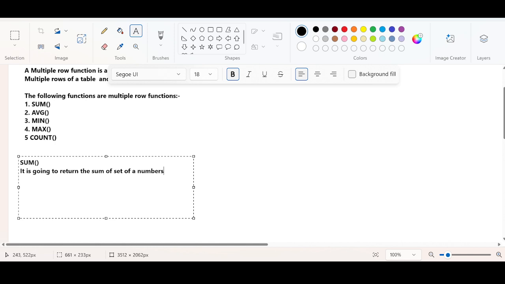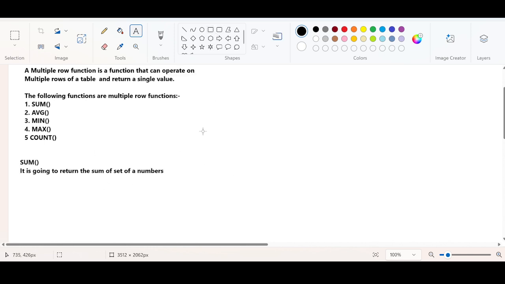For example, you can have any number of columns in a particular table. You can choose one column, and in that one column there will be many row data. For example, you may have a column which holds the